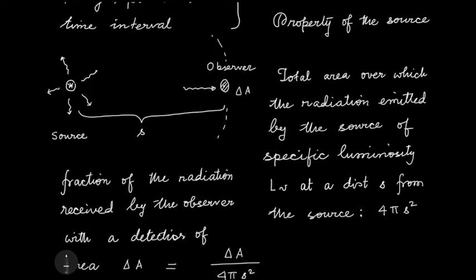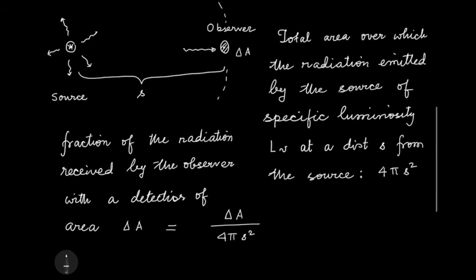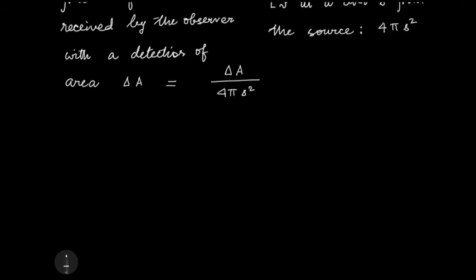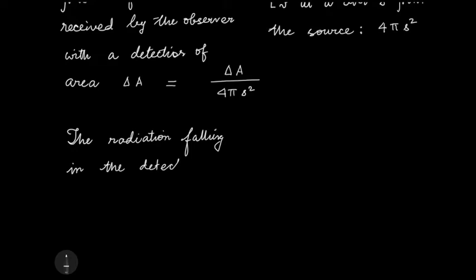So you see now what is important to specify at the observer is the radiation received per unit area, because different observers can obviously have different sizes of their detector, and if that information is not there in the observational number that he quotes, then there will be a problem, because with a different size detector I may get a different number when I'm looking at the same source. Obviously that is not desirable. So you define a quantity which is the radiation falling in the detector,